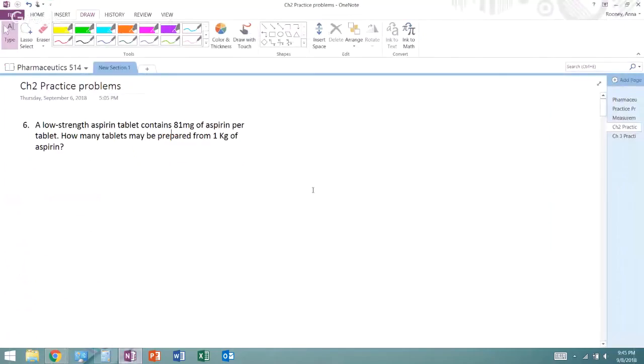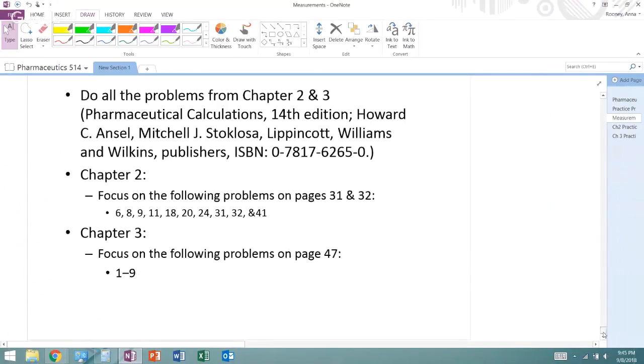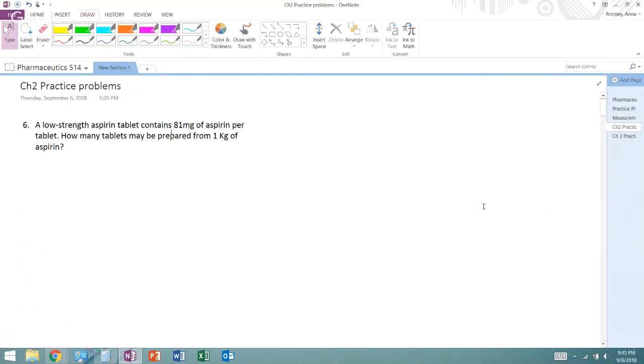Alrighty. So we're going to do just the highlighted questions from the lecture, which are 6, 8, 9, 11, 18, 20, 24, 31, 32, and 41. And then I will do a separate one for chapter 3, because I'm pretty sure people don't want to sit and watch all the way through chapter 2, which are easy ones, and then try to get to chapter 3. So I'm separating the two because I'm pretty sure people find aliquots far more